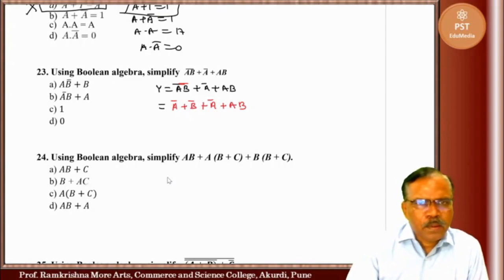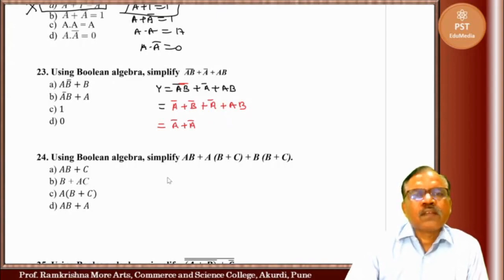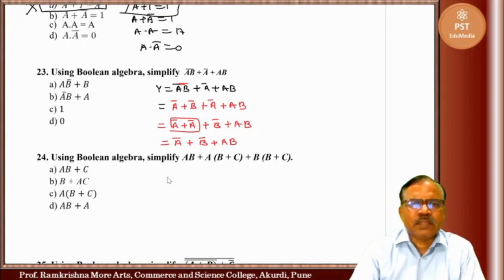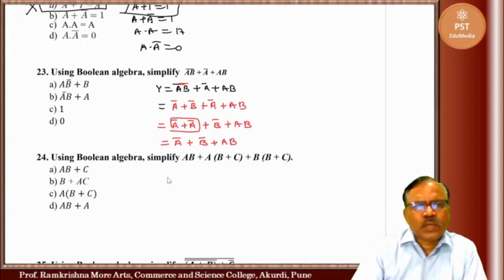Now I can write this as A bar plus A bar plus B bar plus AB. Now A bar plus A bar is A bar, plus B bar plus AB. Now you can write this as,